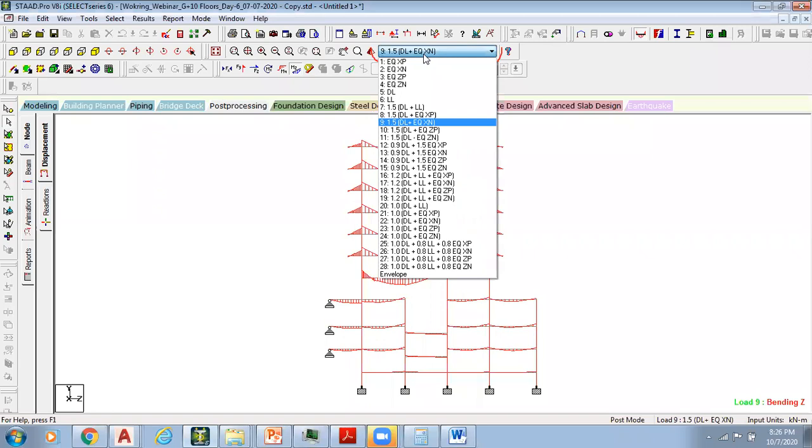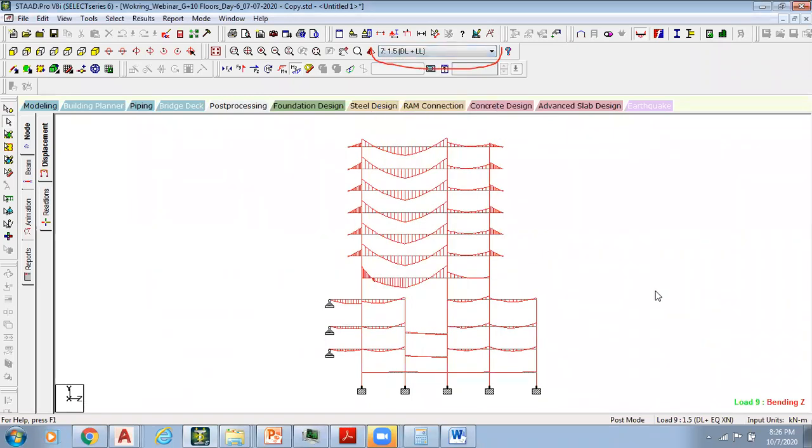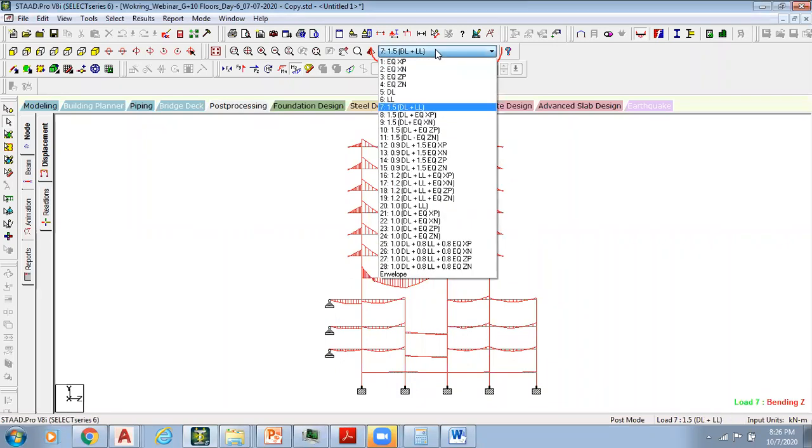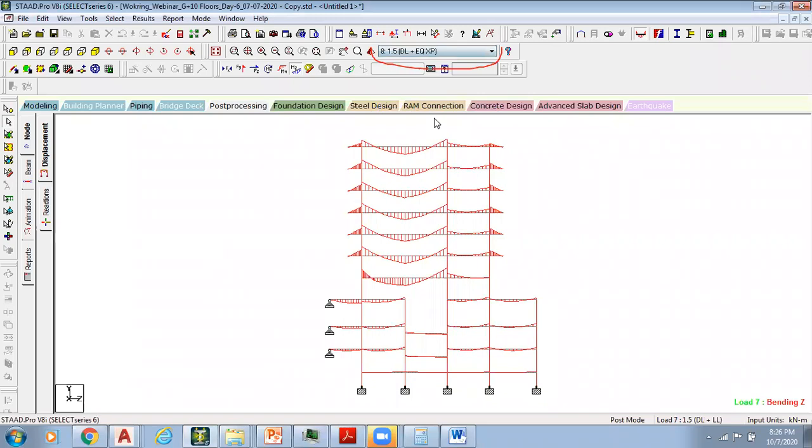If I want to see the bending moment diagram for any combination, I can click any of these combinations, like the first one, 1.5 times the dead plus live. If I want to see the next combination, either click here for the second one, or I can just use the down arrow.